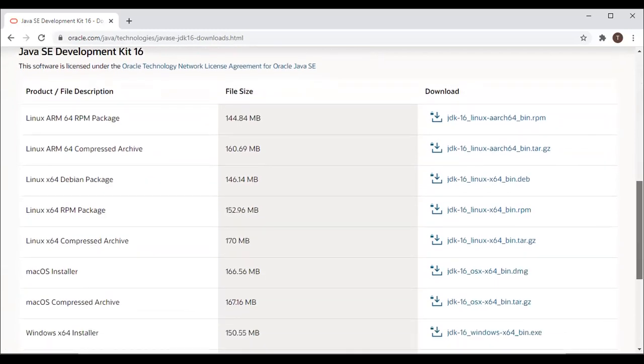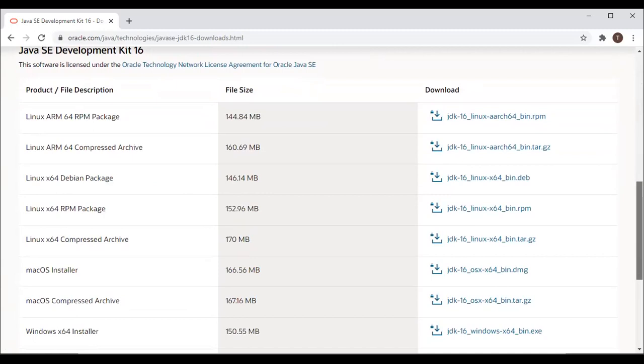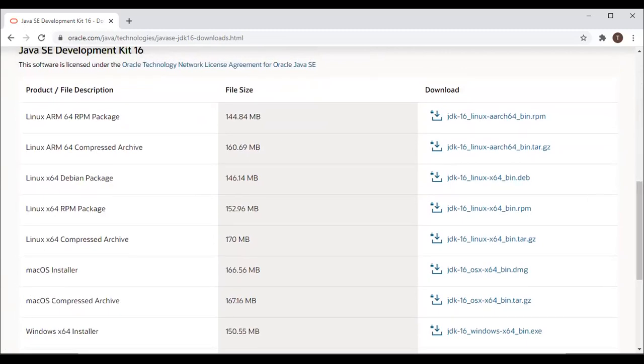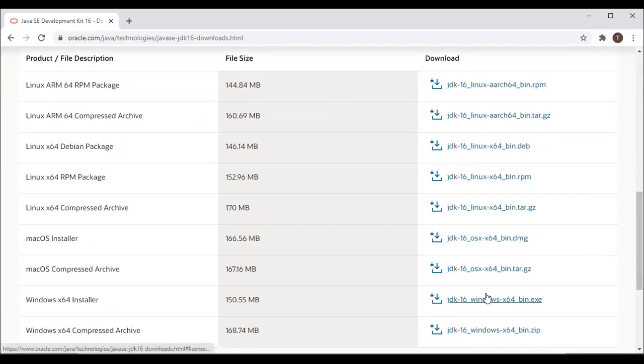You can also download it for Linux, Mac OS and Windows. As I'm working on Windows, I'm downloading this file, that is JDK 16 Windows 64-bit. As I already have the JDK files, I will just leave it here.